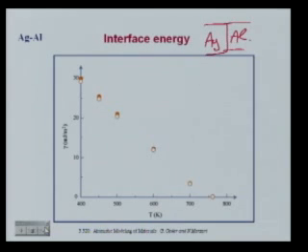They're both FCC metals, so you put them together and you calculate the interface energy. This is something you very often need, and this is the interfacial energy as a function of temperature. The two types of dots are different interface orientations. I think one is a 111 plane and one is a 100, but I'm not absolutely sure. I forgot to put the reference out. This is out of Mark Asta's work at Northwestern, but I'll put the reference on when I put the notes